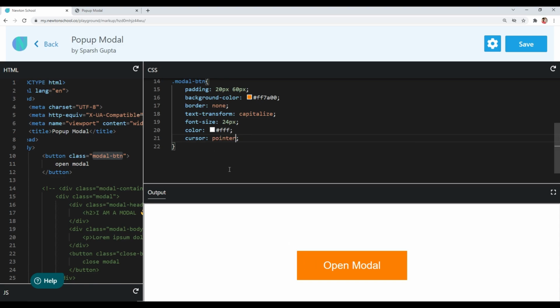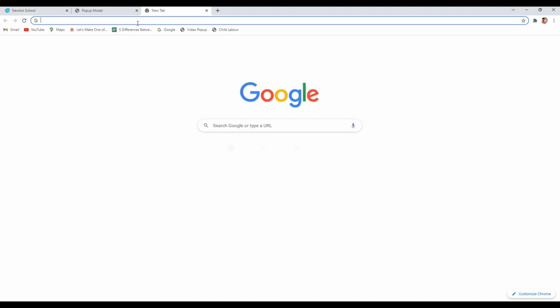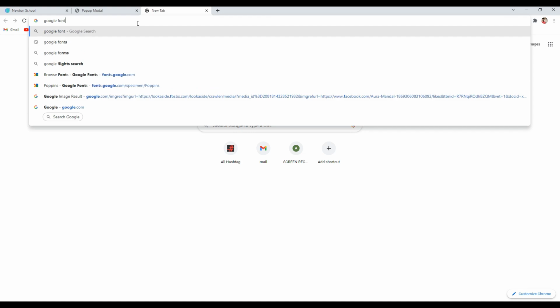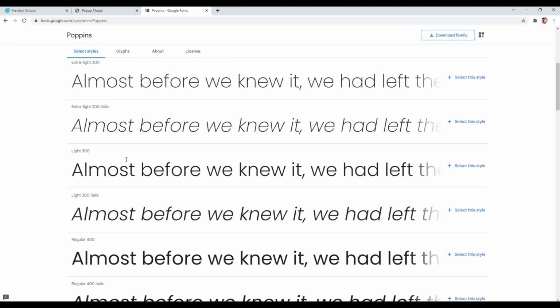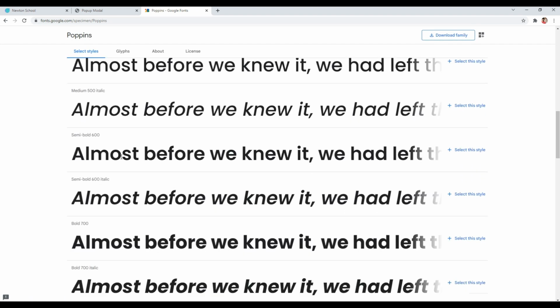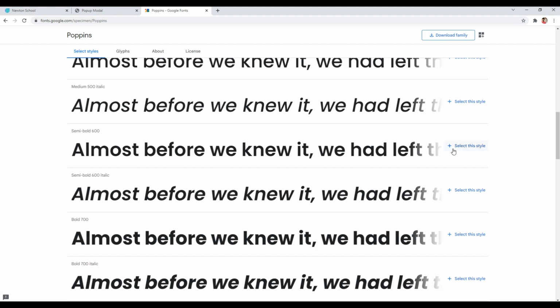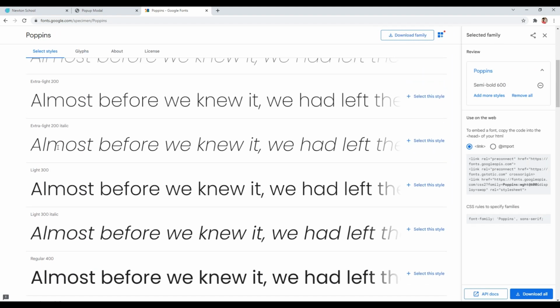Now I want to use Poppins font in all the elements. So let's quickly import Poppins font from Google Fonts. So I will open Google Fonts in a new tab. We want the Poppins font, so let's open it. We need two font widths. We need the semi bold one and we need the light one.